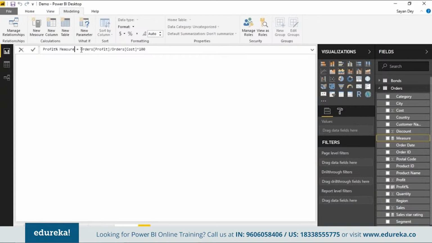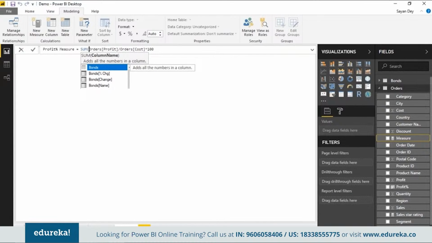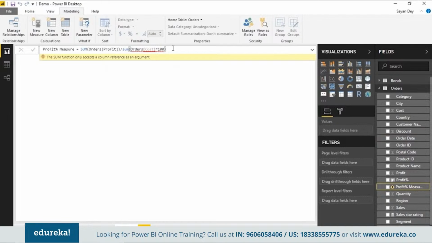And the only other thing that I have to do for measures is I have to aggregate it. So that is the only additional syntax difference in measures, that I have to pre-aggregate my fields in measures. Okay, because without aggregations, measures have no meaning inherently. So that is what I'm going to do. Oh, sorry, one small thing I have to change. So 100 is basically going to come outside the SUM. That's my measure. So what I have is a profit percentage calculated column and the profit percentage measure.